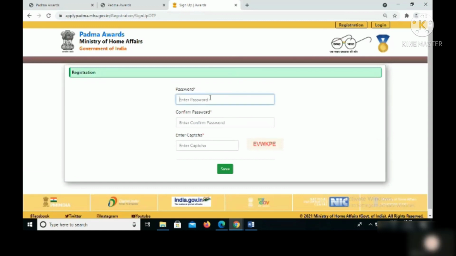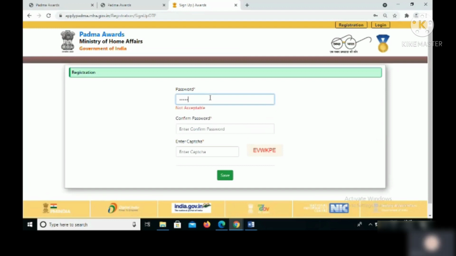Now enter a password. The password should be of minimum 6 characters, with minimum 1 uppercase character, 1 lowercase character and 1 special character. Enter the CAPTCHA.